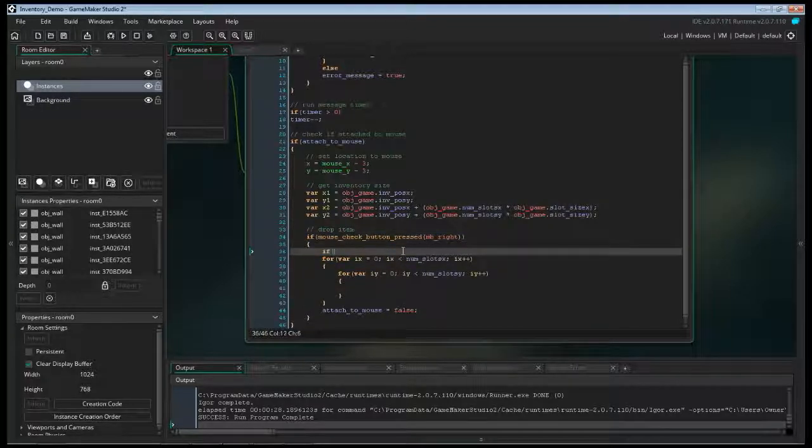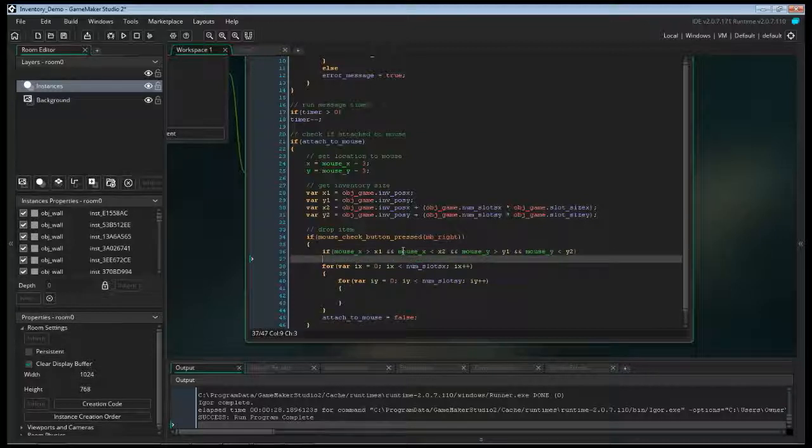And this part will be if mouse x, of course, is greater than x1, and if mouse x is less than x2, and mouse y is greater than y1, and mouse y is less than y2. So if our mouse is inside the inventory,